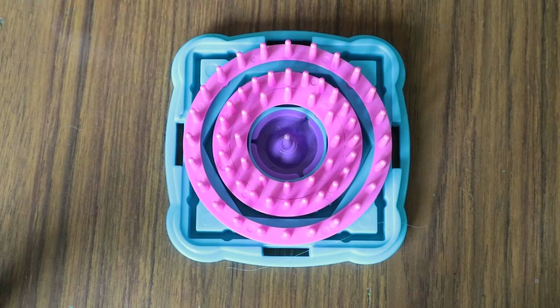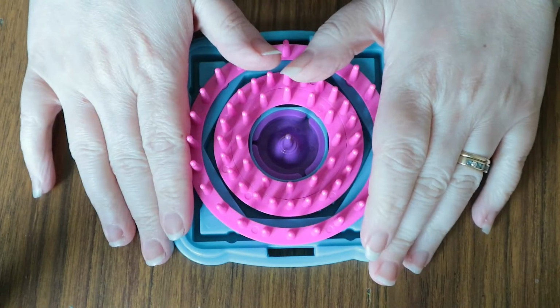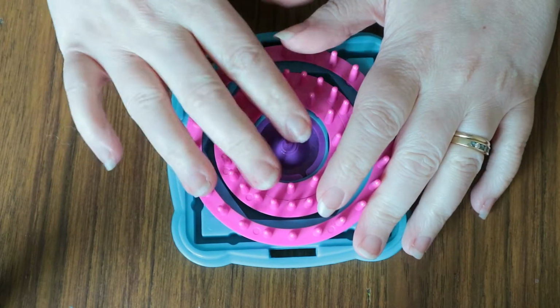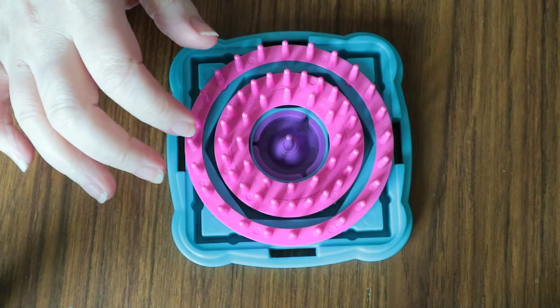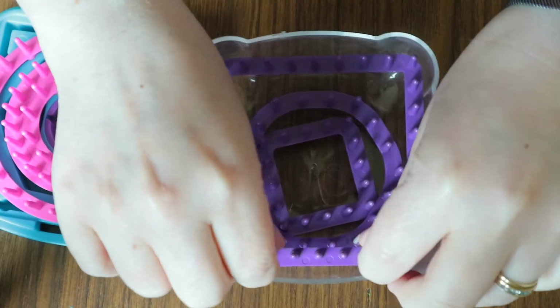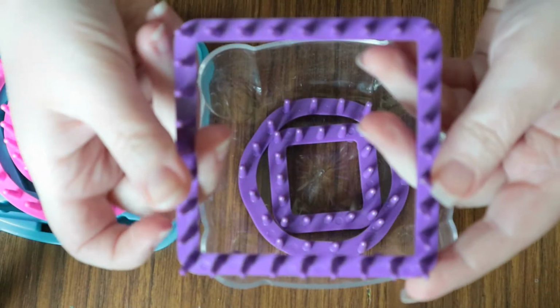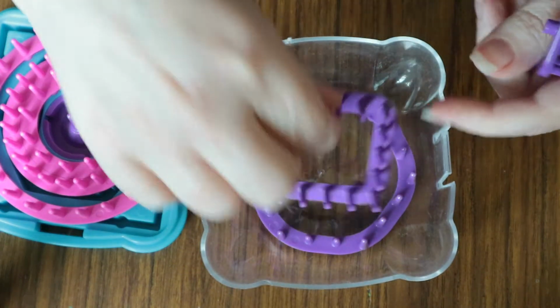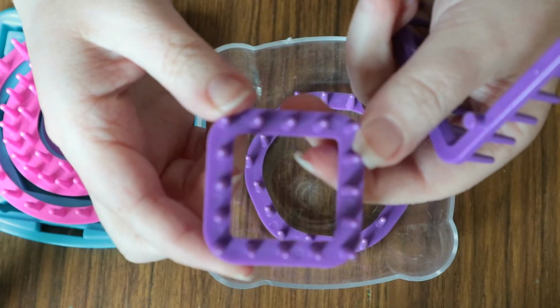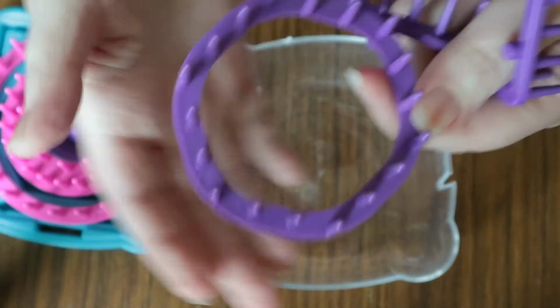Okay, so I'm going to show you how to do some flowers on this flower loom, which, if you are not familiar with, is the Clover flower loom. This is the set I'm going to use, but it actually comes with a square one here. So it comes with this bigger square one, this smaller square one, and then obviously this one,